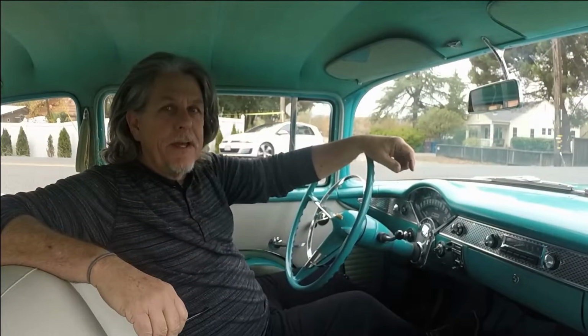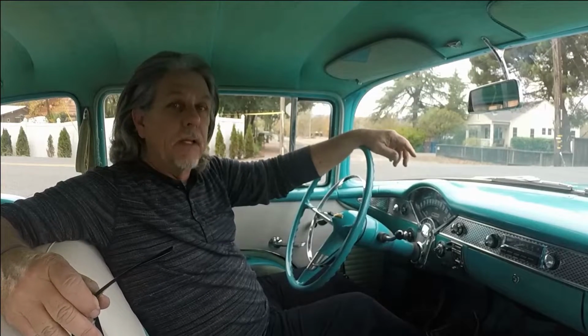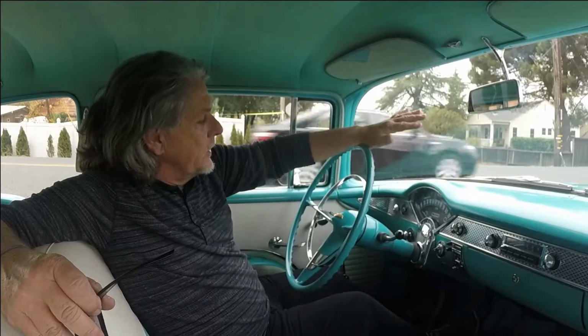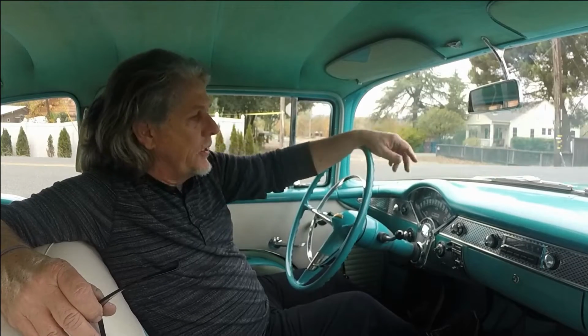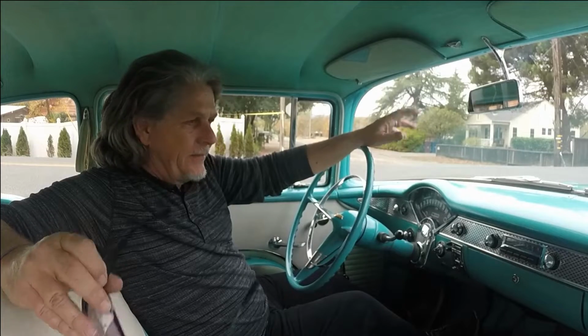Hey everybody, Don Dabney, Left Coast Classics, and look at this, a 3-owner 1955 Chevy Bel-Air Coupe. This car's got the 6-cylinder, it has the automatic transmission, AM radio, heater, two-tone paint, and it's just been really